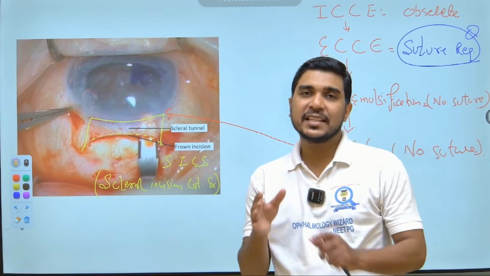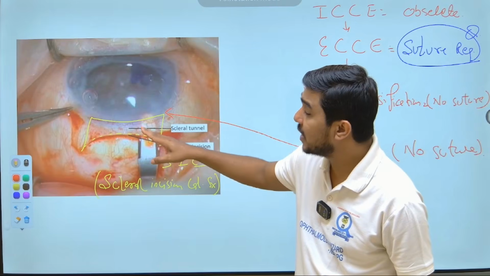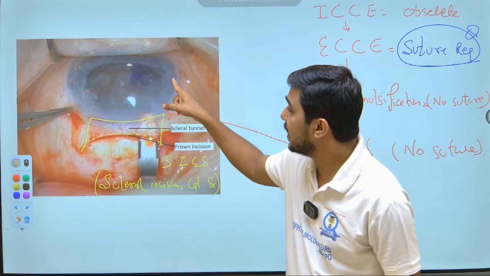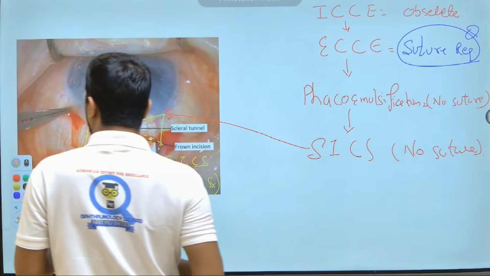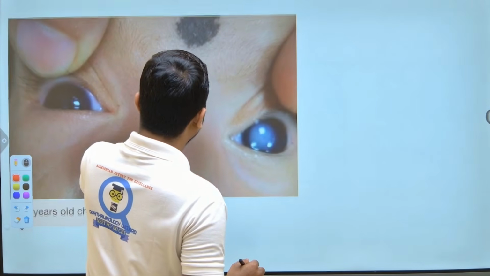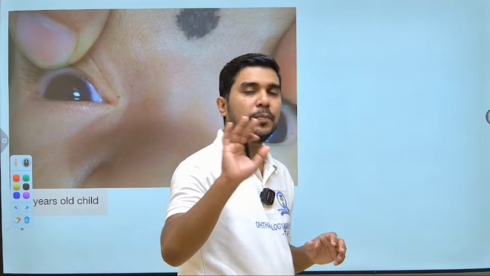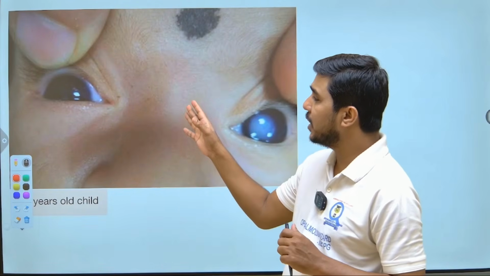And if you are not seeing this type of incision in the sclera, if you are seeing the probe and an incision in the cornea, it is a phacoemulsification. Understood? Now with that, the images of the lenticular things have been completed. Coming to this very important